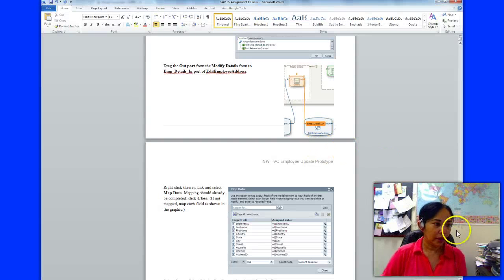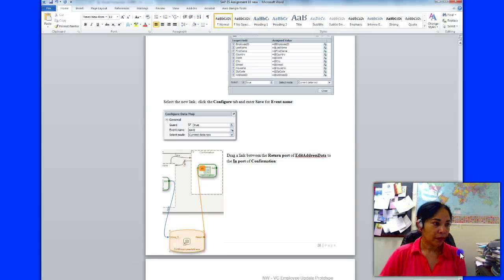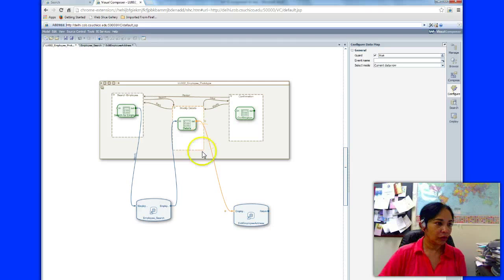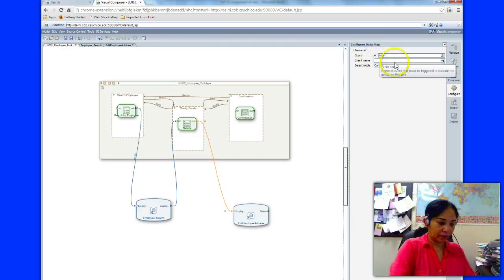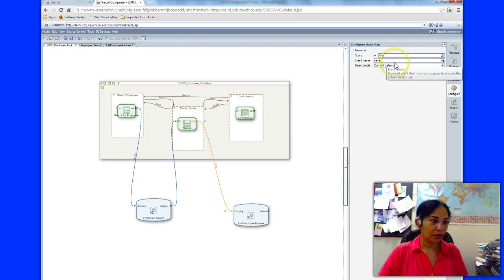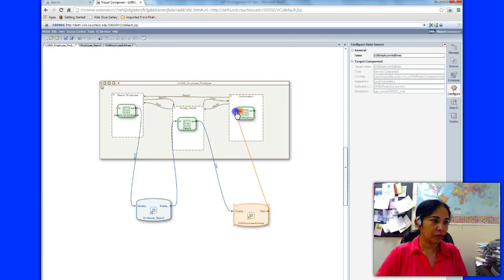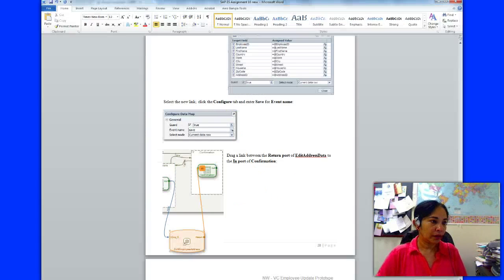Okay, then I will drag a link between the return port to the in port of confirmation. Before that, I have to call it save. Then I have to return, drag this here, and then